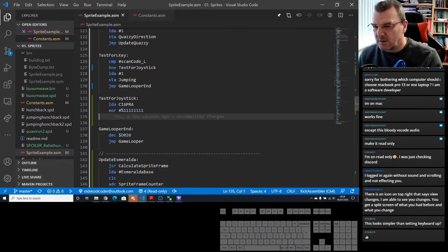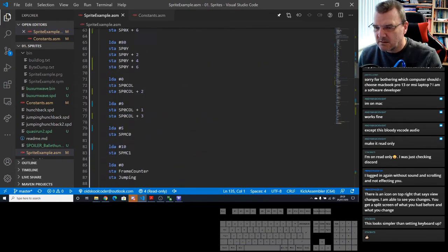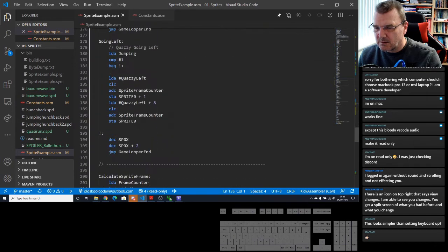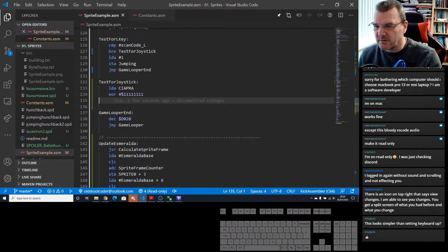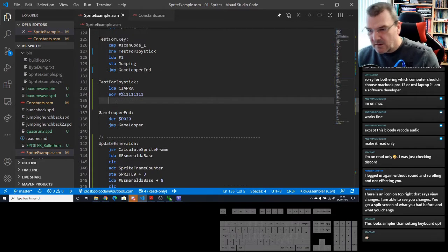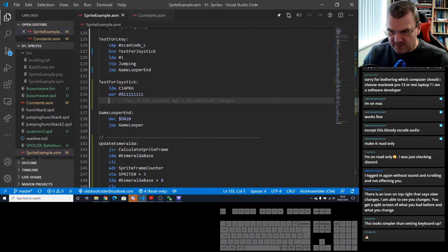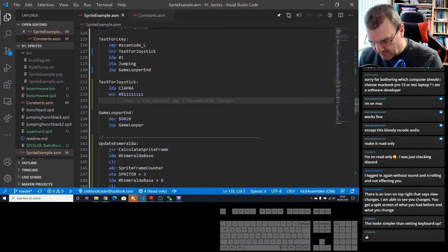So what we'll do here is test for all the directions. The first one was up, wasn't it? So if we AND it, no, we don't need to because I've just flipped it.